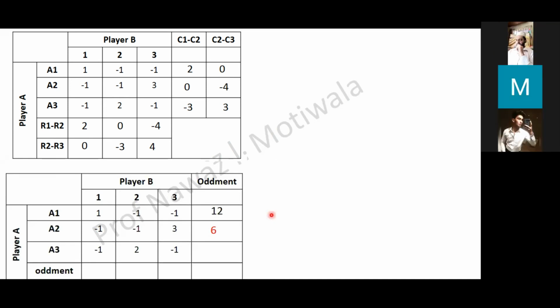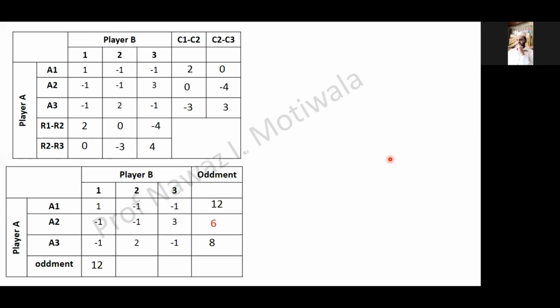Now 2 minus 4 will be -8, and minus 0 into 0 will be 0. So the oddment of row 3 will be 8, 12. Now covering the second column, 2 into 4 will be 8, minus 0 into -4 will be 0. So the answer is 8. Now covering the third column, 2 into -3 will be 6, minus 0 into 0 will be 0. So the answer is 6, 26.